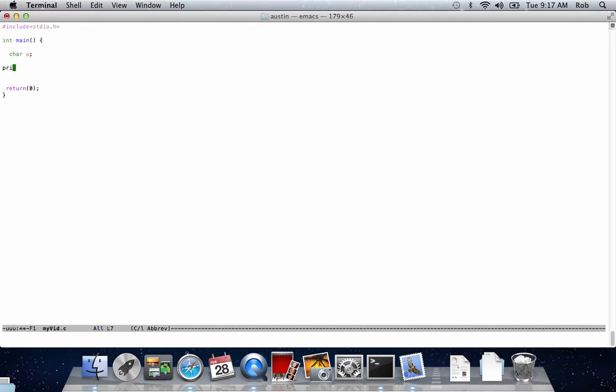Then we'll say printf, please type a character. Then we'll say, how would it be? It'd be U equals getchar. And then what that's going to do is set the character U, which we called right here, equal to whatever reads in from getchar. So like whatever we type and hit enter, it's going to set that to U, and then we're going to print U